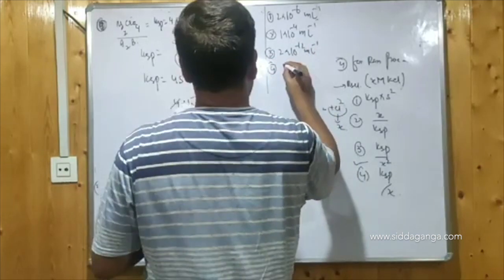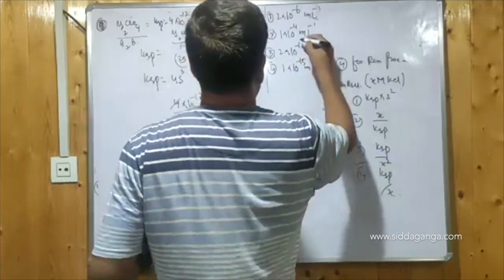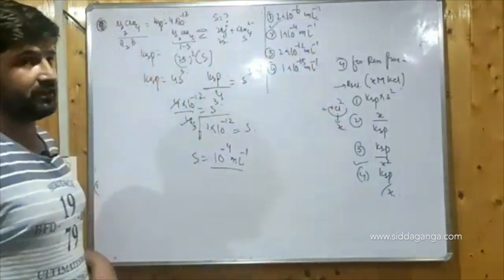And fourth option, children, is 1 into 10 to the power minus 15 moles per liter. So correct option is option 2. Did you understand this out clearly? Because for